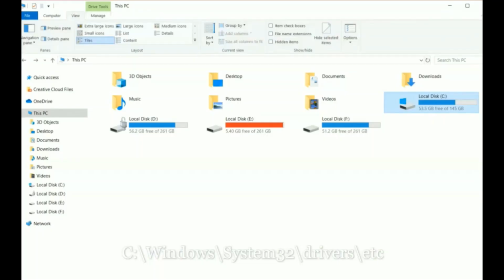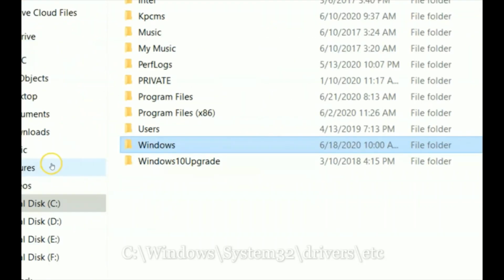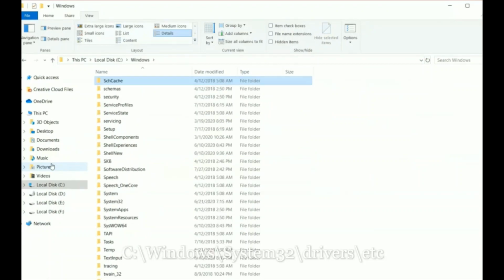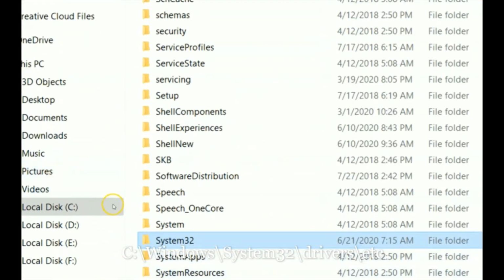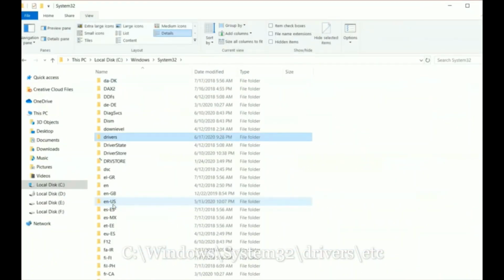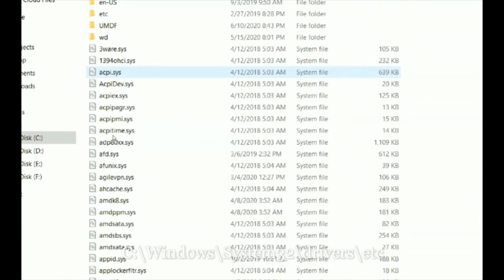So go to My Computer and click on Local Disk C. Under that click on Windows, again System32, now the drivers folder.